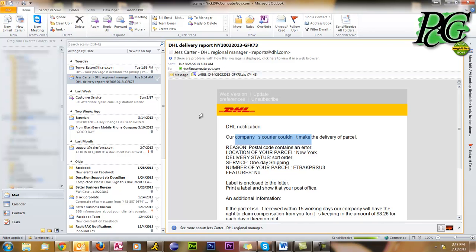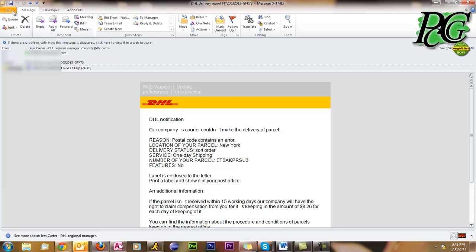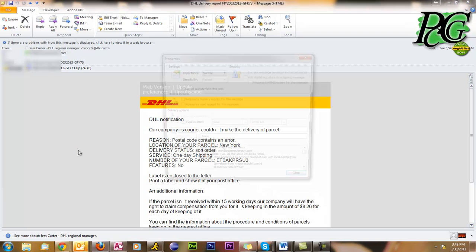This is Outlook 2010, 2007, and probably 2013 are all the same for Outlook, but if you're not using one of those versions of Outlook, you're going to have to find how to find this header information yourself. There's just too many different ways. So for Outlook, I'm going to double click on the message, and then if I select File and Properties here,